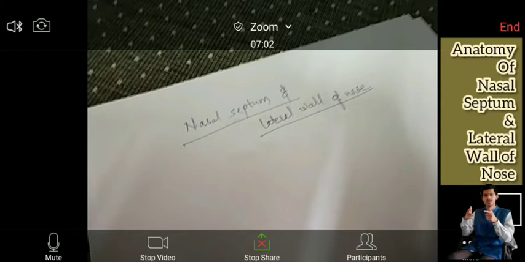I will not go into details. Why? Because names we can remember, we may forget. We need to get the orientation. ऐसा लगना चाहिए nasal cavity में जा रहे, मतलब as if you are going into some room, and in the room you have a bed, you have the left wall, you have the right wall, you have the wall which has the cupboard, you have the wall which has the door for the bathroom if there is a joint bathroom, you have a wall where you have your study table, you have a bookshelf.